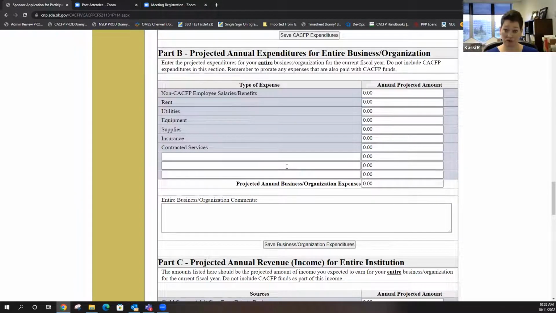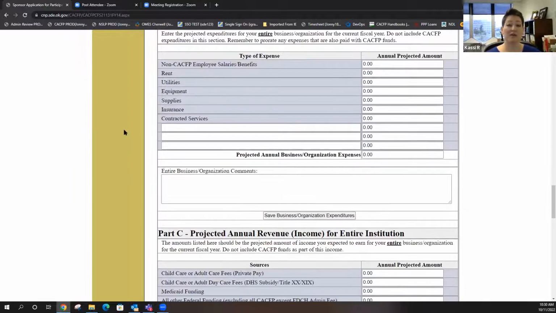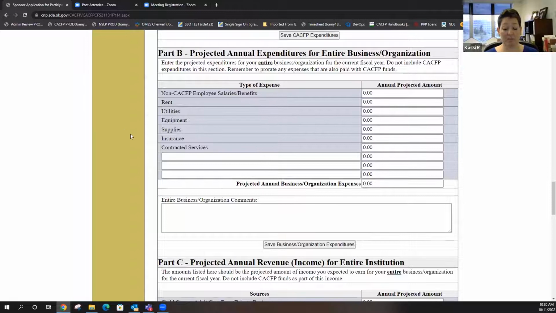But then you get paid your administrative fee. So for however many providers you have, you get a certain amount of dollars to pay for your administrative costs. So your salaries, rent, yada, yada, yada. Most of you just operate within that budget, especially when you have a family daycare home sponsor that there's just a couple of you, because we have a few that's all you do, and that's okay. But you still have to report, and it's going to be minimal. These are going to be the only people that are going to have minimal amounts reported in B and C.